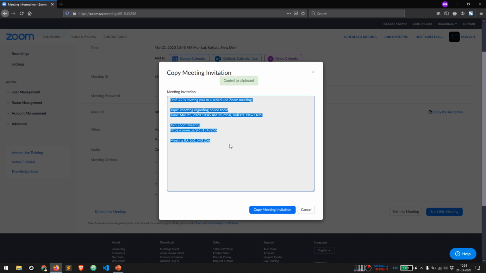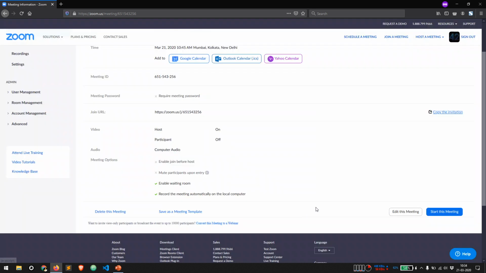It's copied. Go to your email. Send email to all the people that you wish to invite. They'll have this thing available over there. So what they'll be having is the specific meeting ID, which is needed for them to join. Right? So assuming that invitation copying has been done and emails are being sent and whatnot,